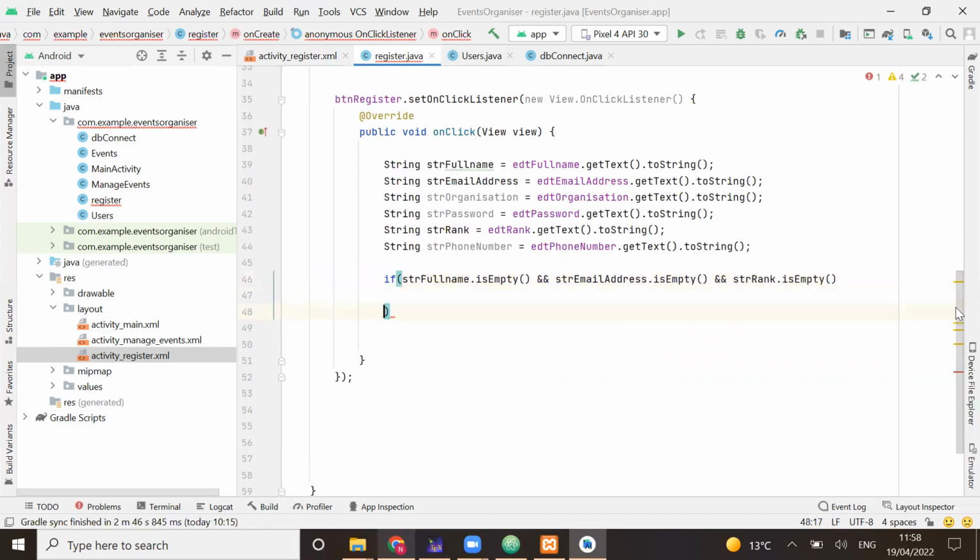So all we're doing is checking to make sure that these things are not empty, and the "and" is how we check that. We're saying this has to be true, this has to be true, this has to be true. If all of them are true, then execute the code. So we're doing str